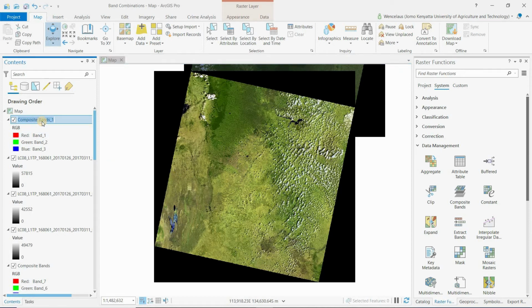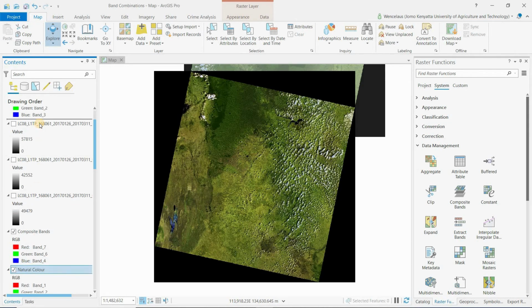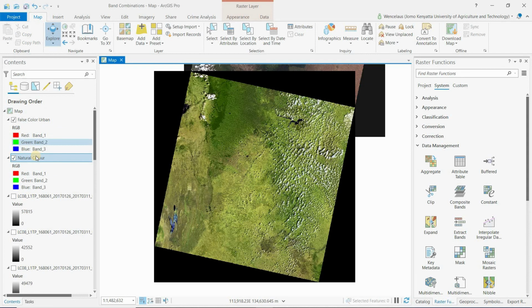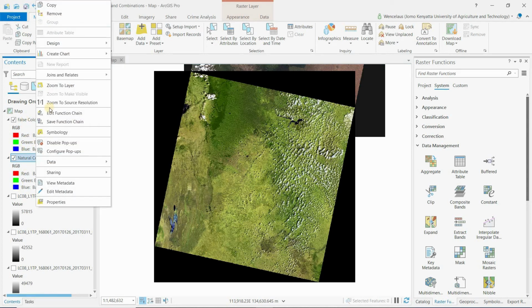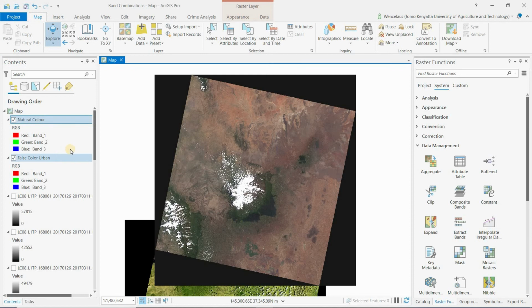And we can come here and just rename it to false color urban. All right, so that combination is the false color urban. So I'll just bring the natural color right here, so we can now go back to the image that we are using. All right, so let's again combine